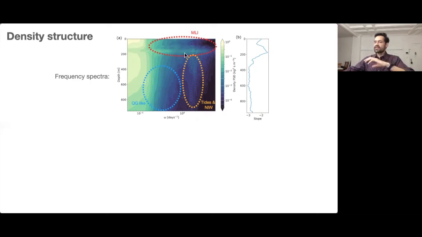Second, we see that in the interior, there are these depth coherent peaks that correspond to frequencies of semi-diurnal tides and inertial oscillations, and these decay away from the base of the mixed layer. Lastly, we see that the subinertial part of the signal is quite smooth, very similar to QG dynamics, at depths greater than 400 meters, where the slope becomes close to -3,